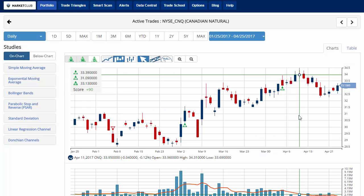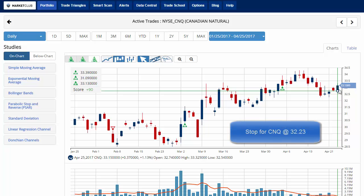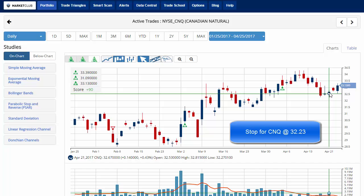But we'll go ahead and we'll update two stocks that I've been tracking. C&Q is currently up today, a little over 1% at 33.15. Chart analysis score plus 90 with green trade triangles across the board. Of course, we have our stop set at 32.23, which was tested here. Pretty close, got down to 32.27 on Friday, but it did not trigger, so we're still long C&Q, looking for